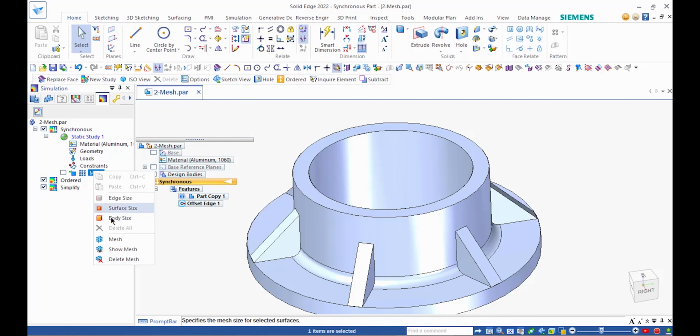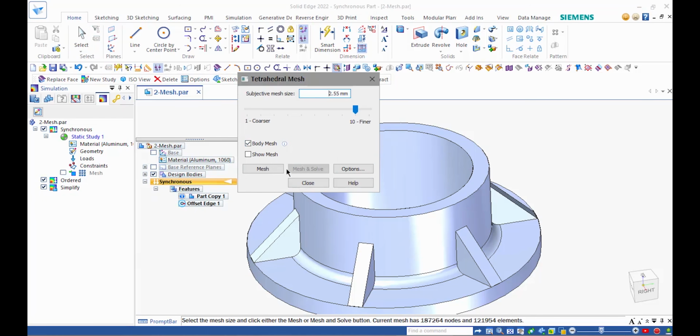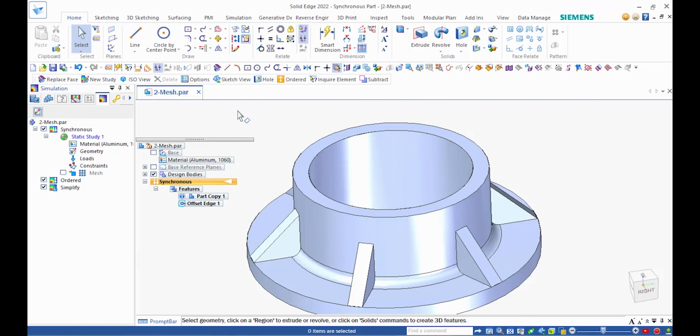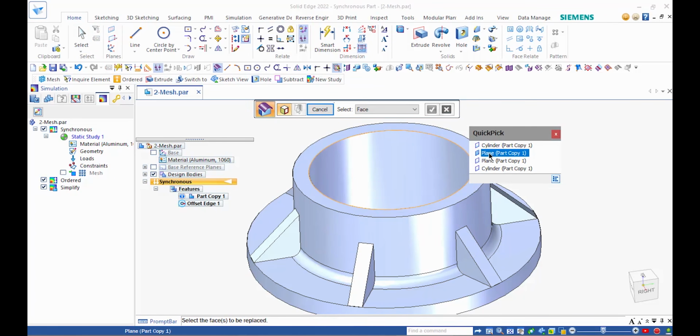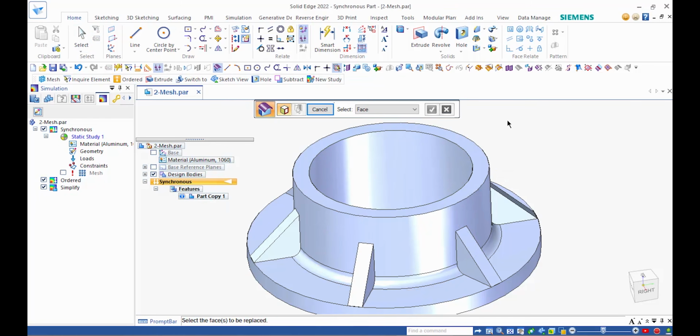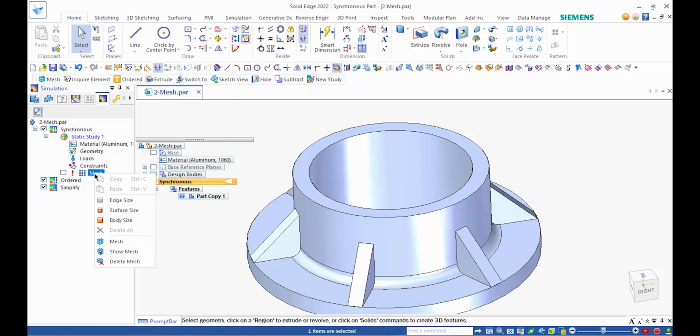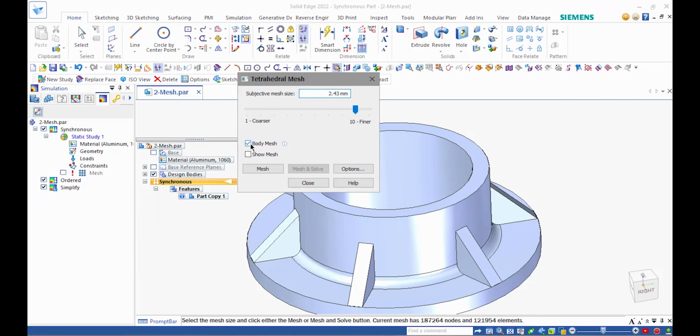So we already looked at the body mesh option. Now what we're going to do instead is replace face. We're going to fix that small face, and replace it with that top face. And if I go and mesh it again, I don't have to check this body mesh. Let's go with a slightly coarser mesh. So when I mesh it now,